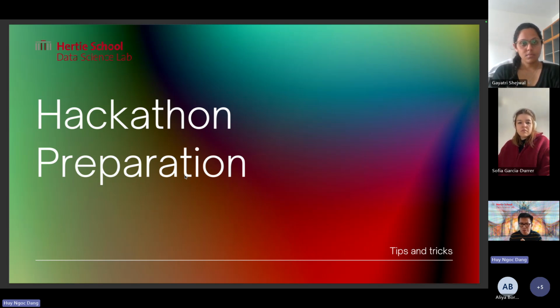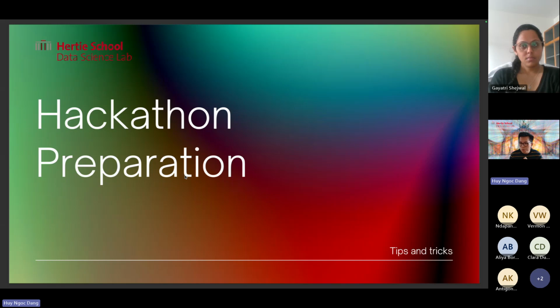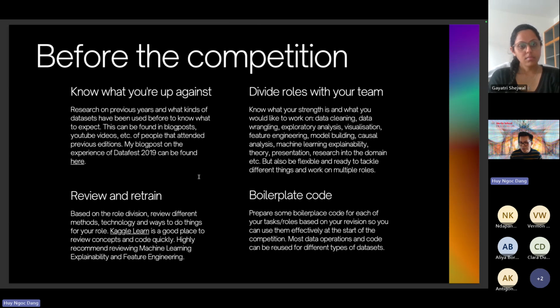But certainly, I think most people stick to a lot of these frameworks so that they can organize their competitions and the events more efficiently. And so all the tips and tricks basically stem from that. So there is basically a three-step process whenever you start to participate in hackathons. Right? So the first step is always before the competition, when you start to prepare for it.